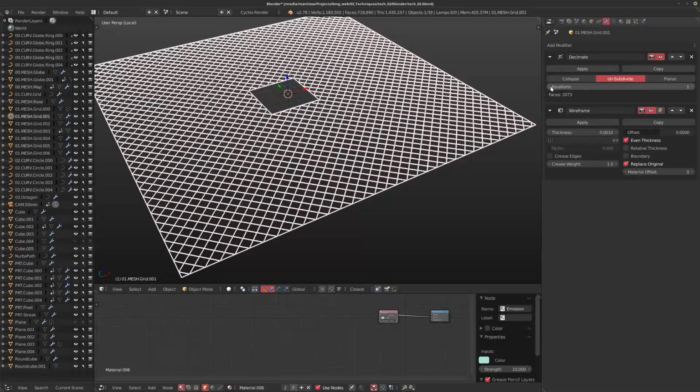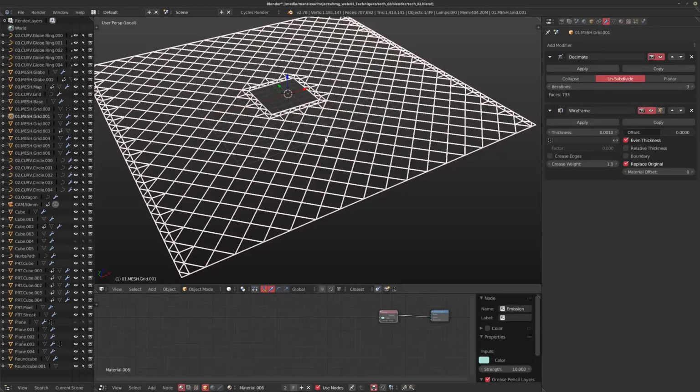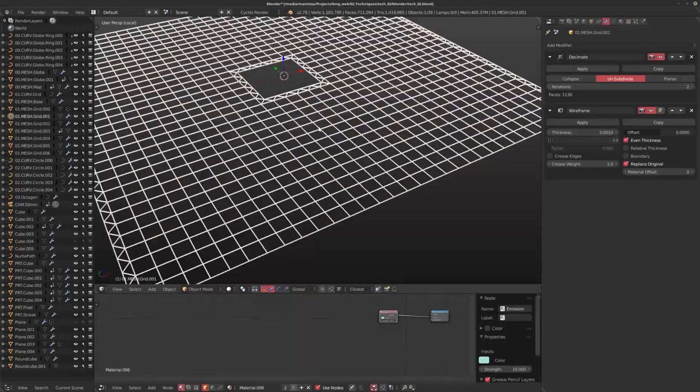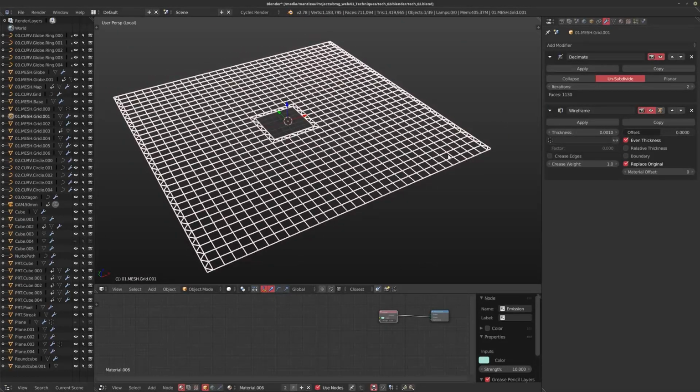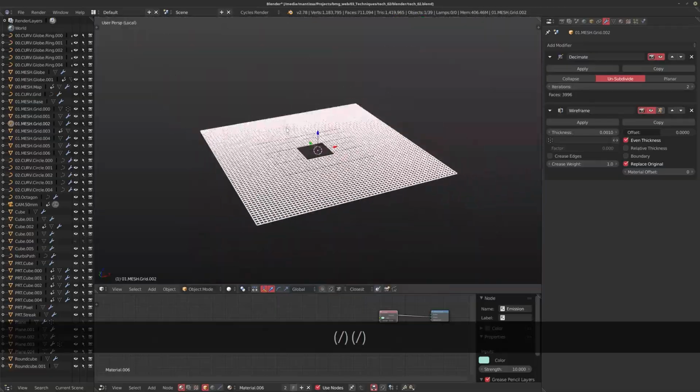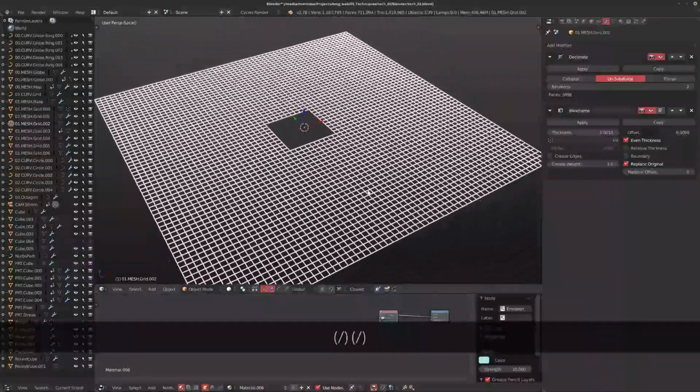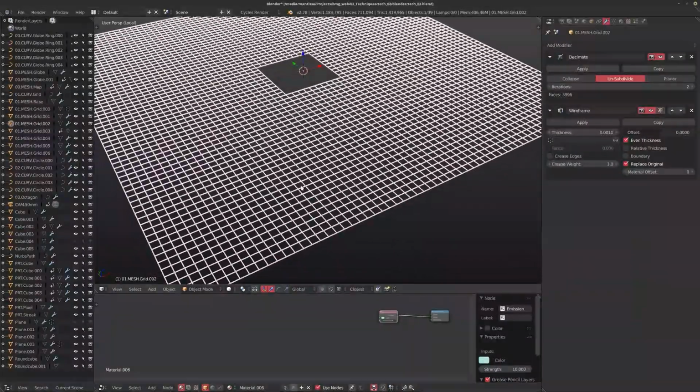So on every uneven number, so on 1 and 3, you get these nice diagonal patterns, which is cool. I believe this one was set to 2. This is when I get a little lazy and I just duplicate the same object and start throwing on modifiers just to get really quick results. If we look at mesh 2, this is another grid which is a little bit finer, I believe.